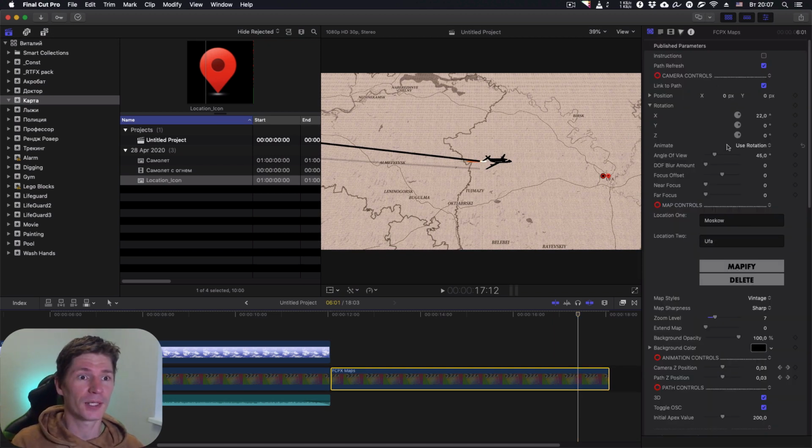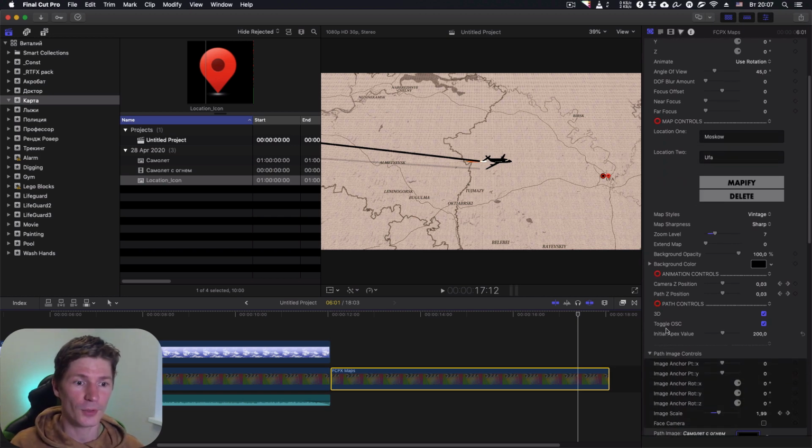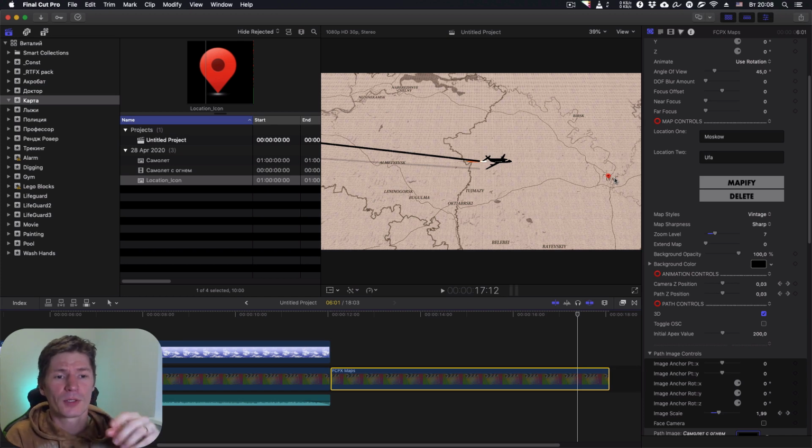Okay, simply you have to find the toggle OSC setting and turn off this checkpoint, and we don't have that point. But I want this small image to be larger,